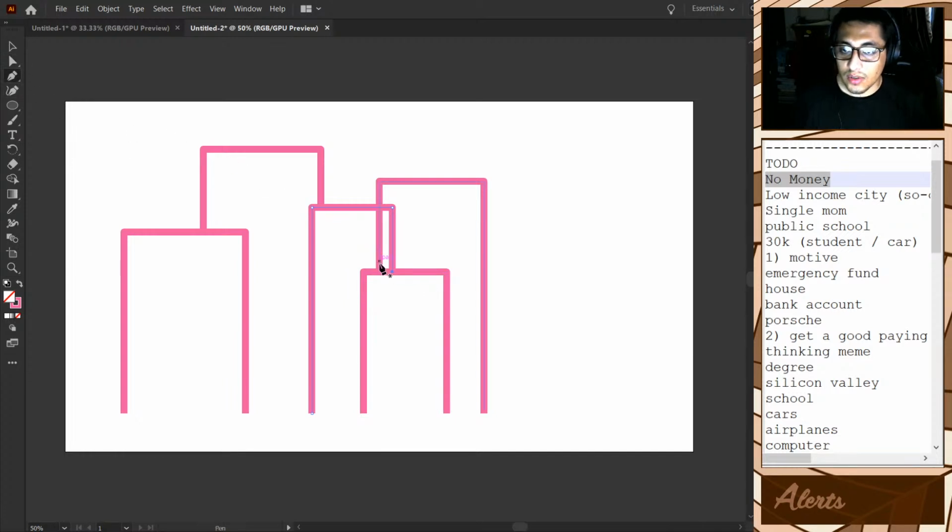So what you can also do is hold down control, click on that one anchor point, and click backspace, and it should delete. Again, hold down shift so it can stay straight. If you're not holding down shift, you could end up with something like this. And when we hold shift, it immediately snaps back to where it should go.